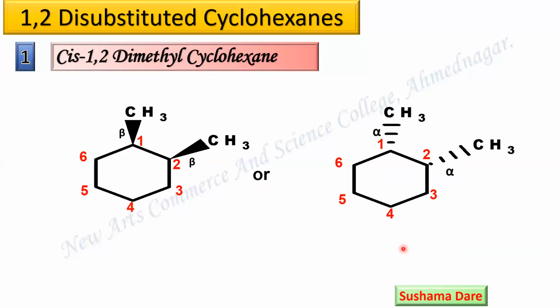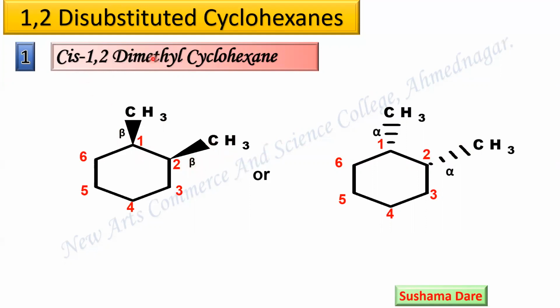Now let us first discuss 1,2-dimethyl cyclohexane. The first geometry we have to discuss is cis 1,2-dimethyl cyclohexane. Now this is a planar ring. What are the possibilities? The orientation of both these two methyl groups: cis means they are in the same direction. So either both are wedge bonds, or both are dotted bonds. Wedge bond means they are facing in the upper direction, so I have written this as a beta bond, and this is also a beta bond.